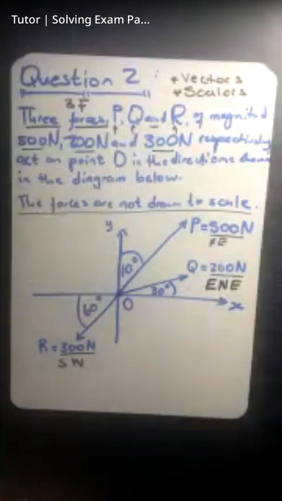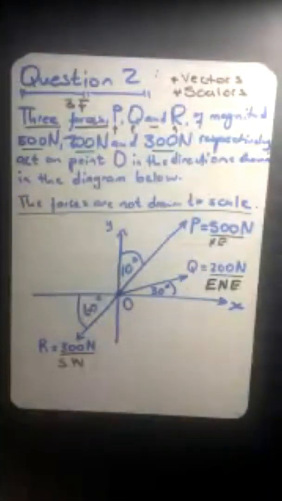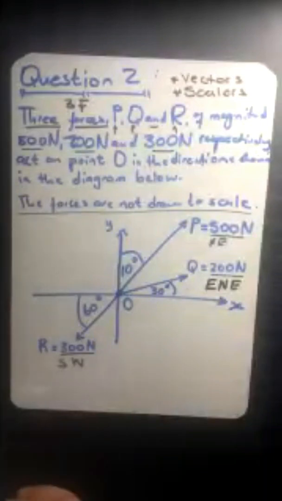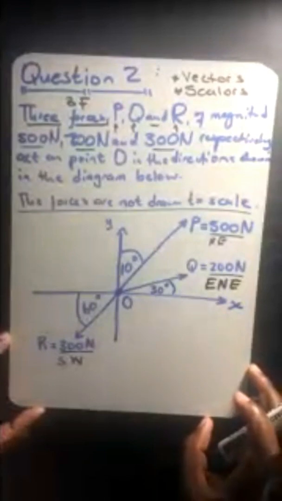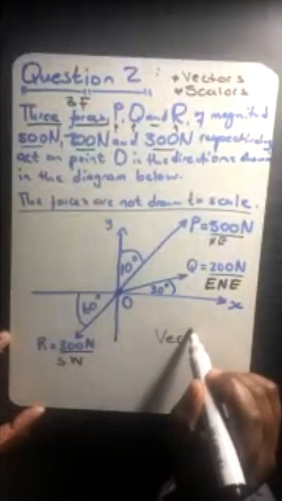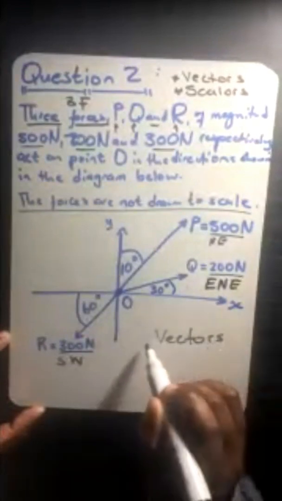It doesn't make complete sense. So you needed that word, vectors, in order to be able to answer the question. So now that we've identified the cream of the question, which is vectors,